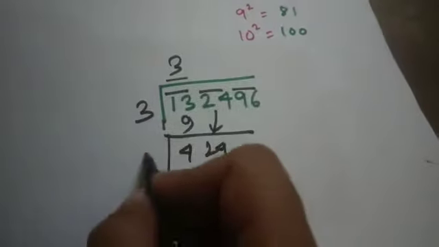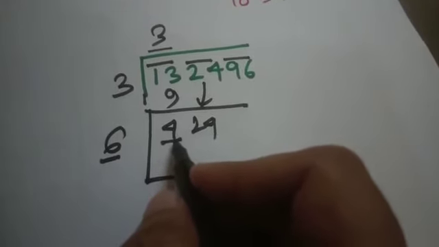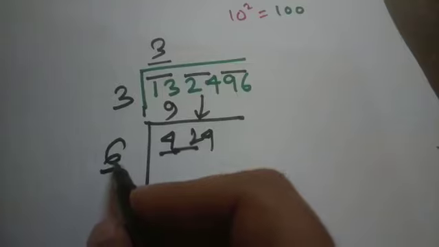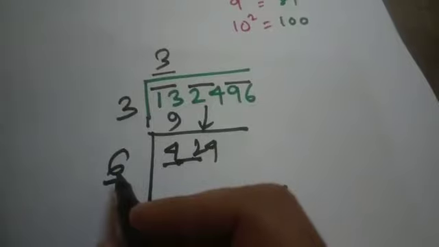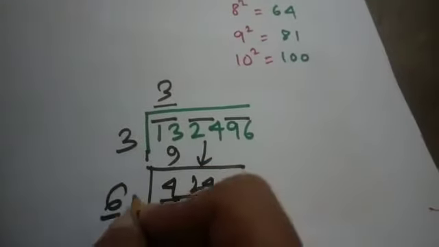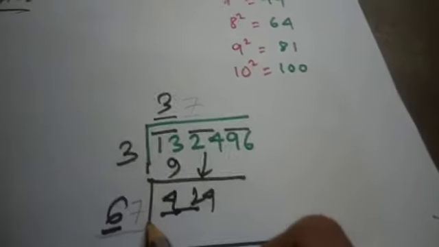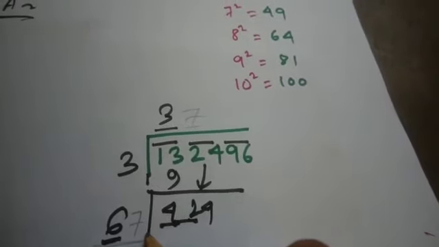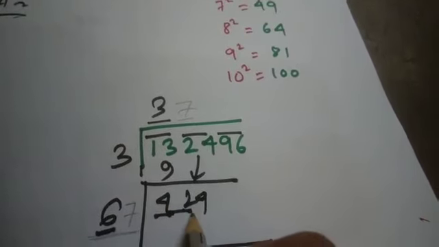We bring down this pair, that is 24. Same process, 3 into 2, 6. Here, this is 6, a 1-digit number. It is 4, but 4 is less than 6. So we take a 2-digit number. 42 divided by 6. What is the quotient? 42 divided by 6 is 7. So at first we write here 7 and here also 7. So the number becomes 67, and it is 7. If we multiply 67 into 7, then the number is 469. But here the number is 424.